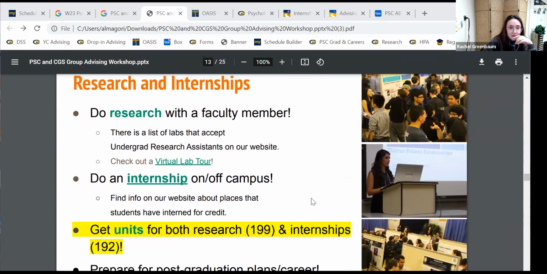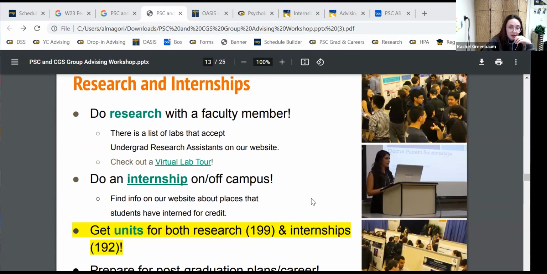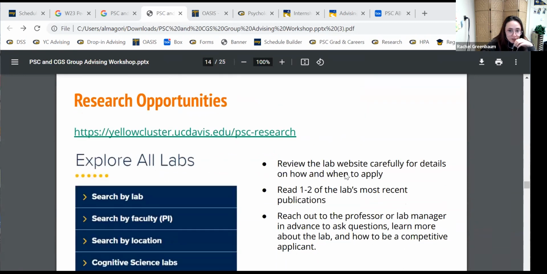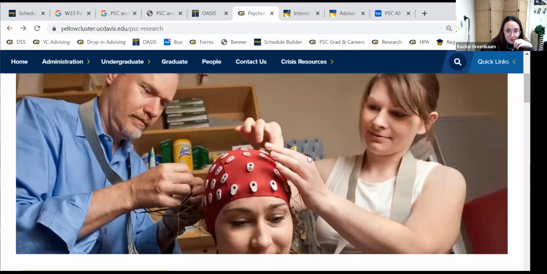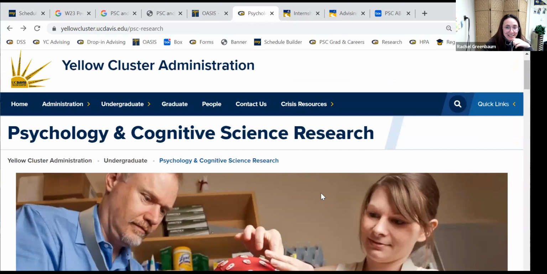And so if we go to research and internships, this is a really great resource for people who want to go into more of the science related fields, such as being a psychologist or a psychiatrist. So if you want to get involved in these, you can try to be an undergraduate research assistant with some of the faculty. So if we go over to the undergraduate research assistant lab, sorry, we're jumping around a little bit. Yeah, so if we go over here, you'll be able to find a bunch of different resources of how